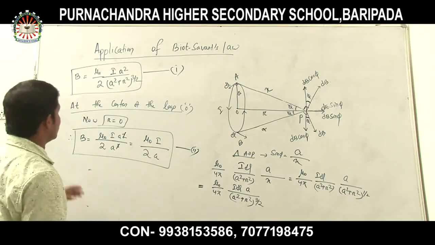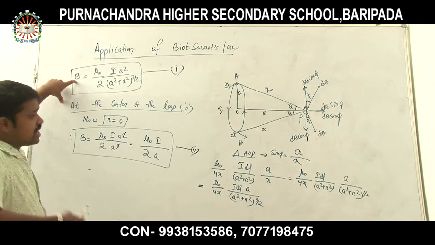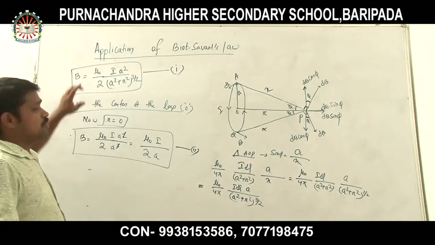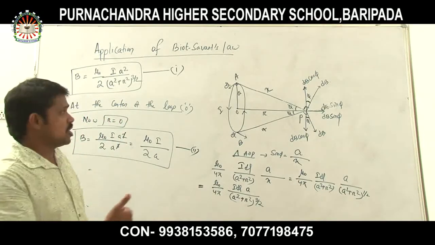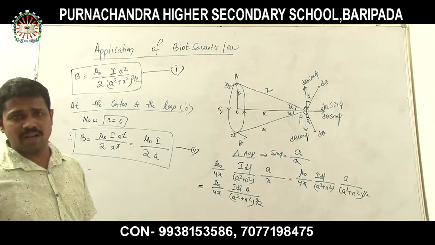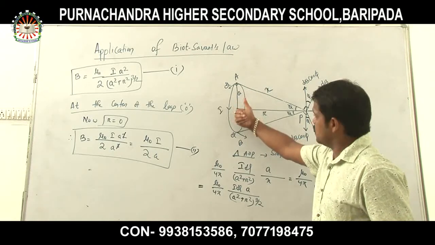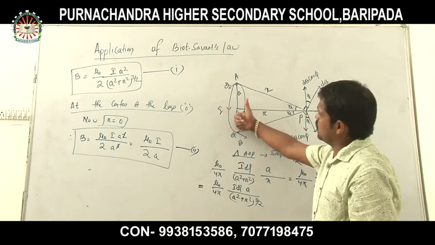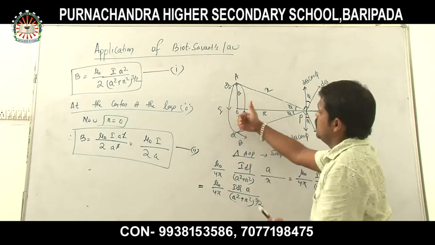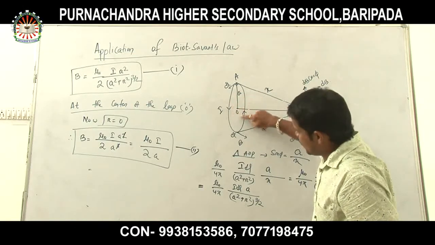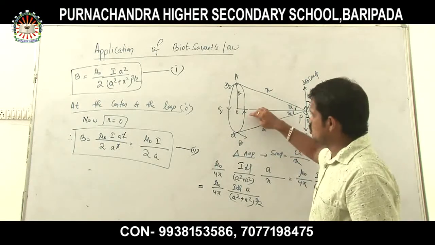And the last thing, what is the direction? These are the magnitudes. How will you get the direction of the magnetic field? The magnetic field direction we can find using the right hand thumb rule, which I discussed in the previous class. So using the right hand thumb rule, I can easily find it. Look at this. If this is the direction of your current, then the curling fingers give the direction of the magnetic field. So inside the loop, again I will repeat, inside the loop, the magnetic field becomes outward. Understood?